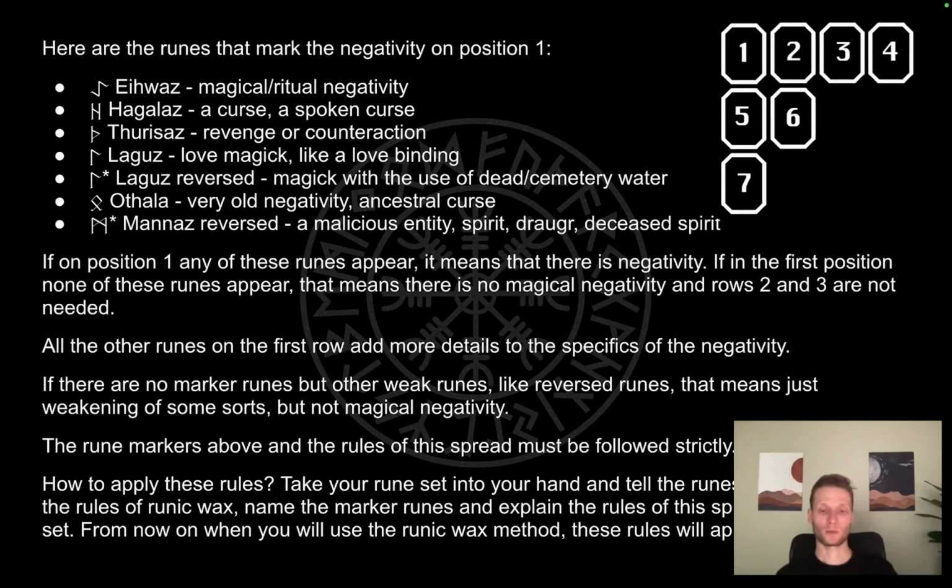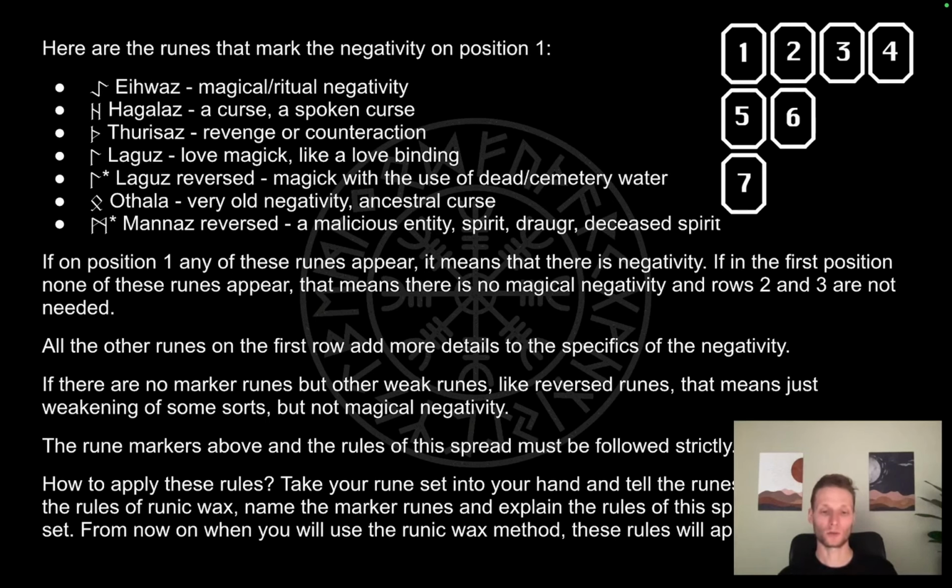All the other runes in the first row add more details to the specifics of the negativity. If there are no marker runes but other weak runes, like reversed runes, this means just a weakening of some sort but no magical negativity. The rune markers above and the rules of the spread must be followed strictly, because you